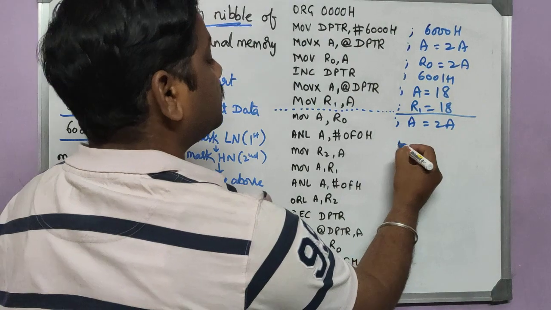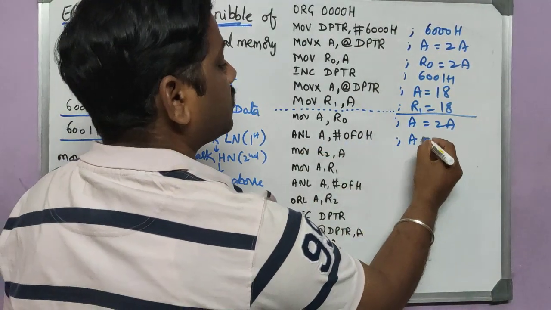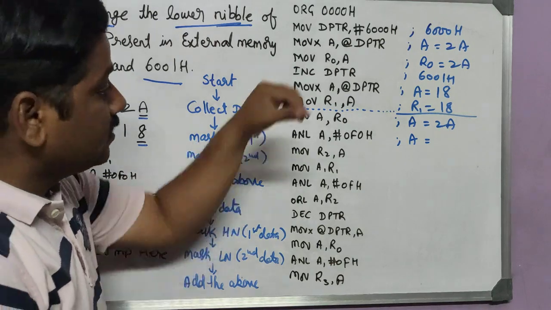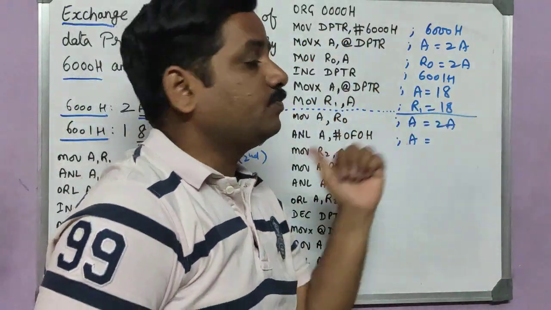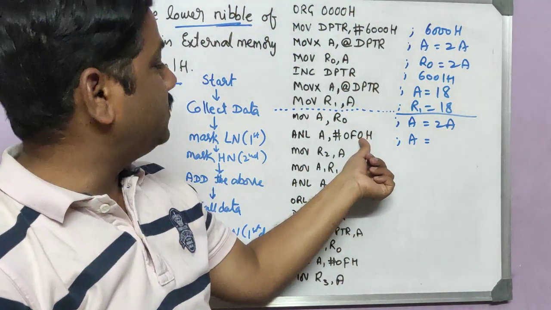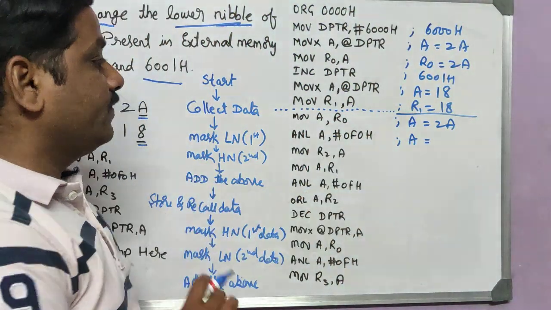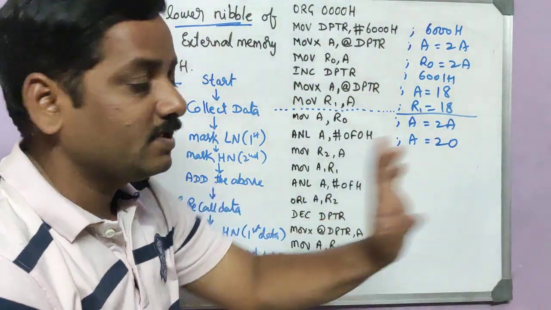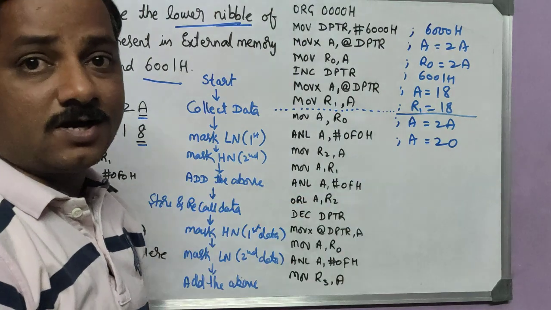After execution of this AND logic instruction, we get accumulator as, see what I am doing here, I want to mask the lower nibble. Whichever bit you want to mask, you put 0 over there. I want this as 0. So lower nibble is 0, I put 0 here. At higher nibble I have F. So now this is going to be 20. Lower nibble is masked and I got it in accumulator.